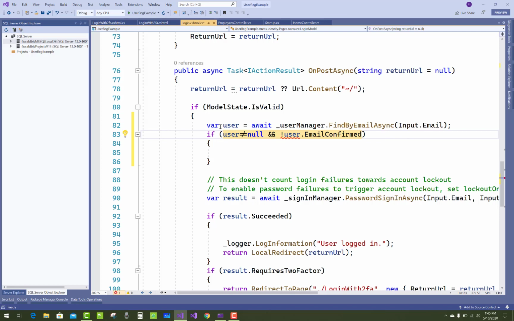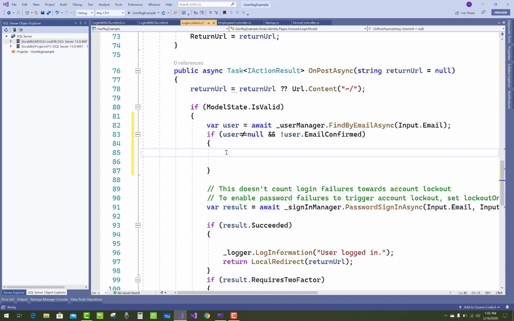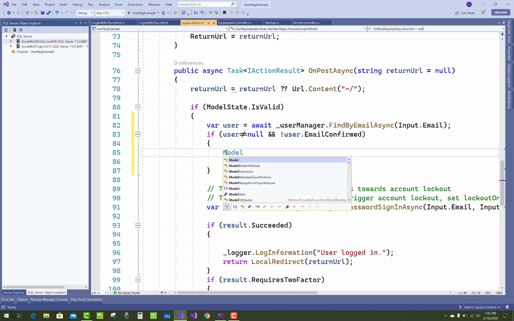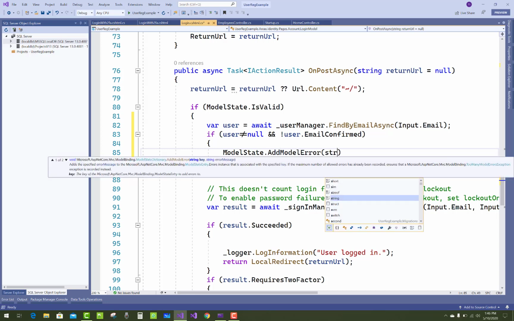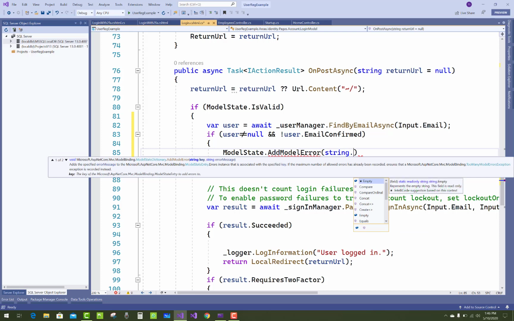If set to true, then return false. If EmailConfirmed is false, then set to true, and then generate that type of message, that is ModelState.AddModelError(string.Empty, ...), in which you can set the desired error message, that is email not confirmed.